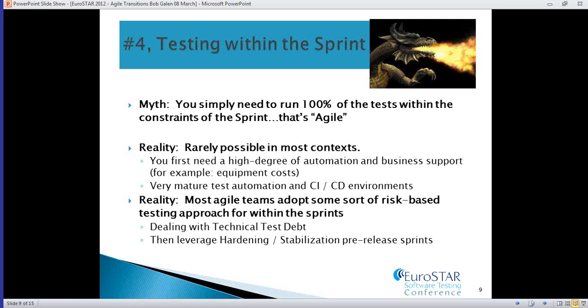I've personally used exploratory testing quite successfully in these environments. While I've been catching up on the automation side, I've been doing high degrees of risk-based functional test, manual test execution, picking the right targets, picking the right battles, and I've also been catching up with automation. And then I've been also doing some exploratory testing along the way. And also I've been using a hardening or a stabilization sprint, a pre-release sprint or sprints to sort of beat down the technical test debt that I've accrued over time to get that pre-release coverage.